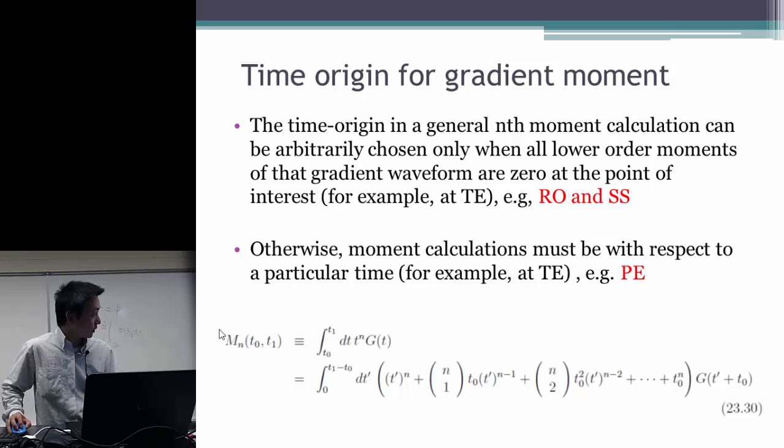Because the definition of the gradient moment is the integration of the gradient and its time, with different orders. So if we want to do an integration, and we want to set it to an arbitrary time origin to do this